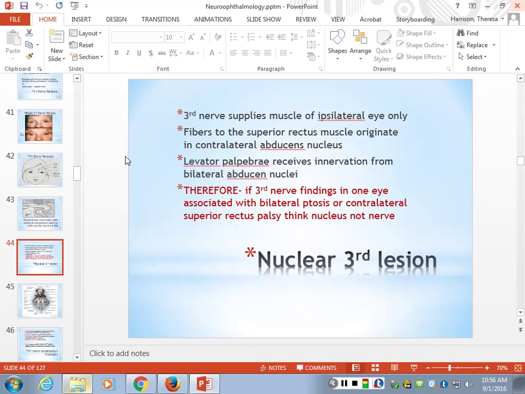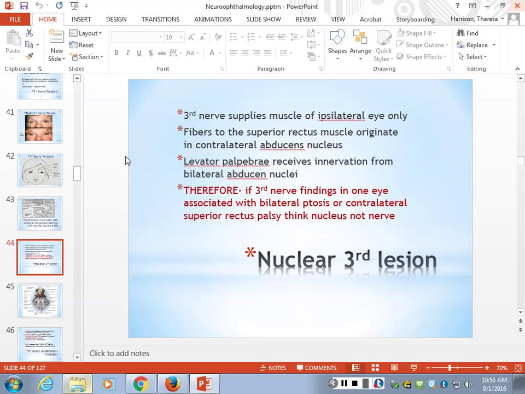There's one small issue, right? The superior rectus muscle is controlled from the opposite nucleus. So if you damage the right nucleus, you might see a little problem with the superior rectus muscle in the opposite eye. Okay? Now, the problem with his slide here is that he put contralateral abducens nucleus, and he means contralateral oculomotor